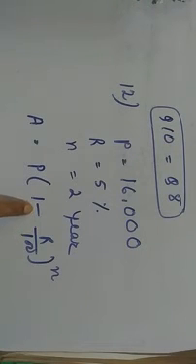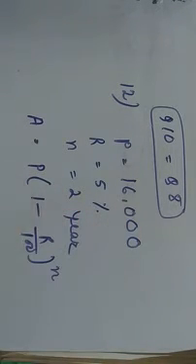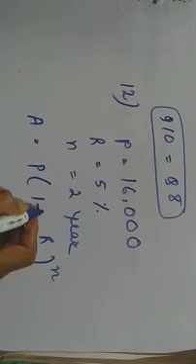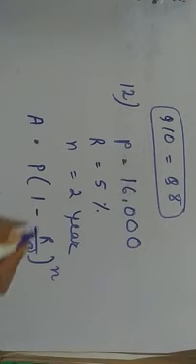Now in question number 12, Ramu purchased a boat for 16,000 rupees, and the cost of the boat is depreciating. Now look at this word, depreciating. Depreciating means decreasing. So in case of decreasing, a minus sign will come. But in case of a bank, if you take a loan from the bank, your amount will increase, so the sign will be plus. But here the word depreciating is given, which means it is decreasing. So minus will come.